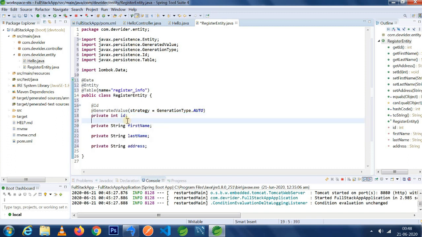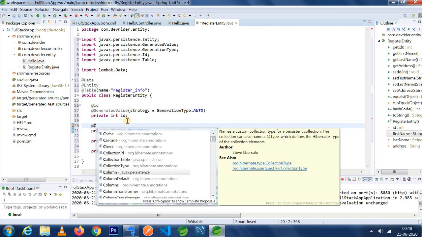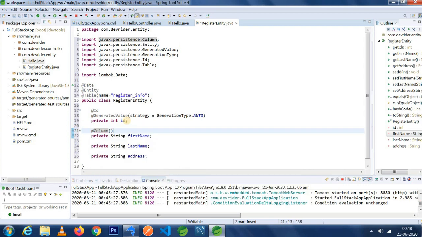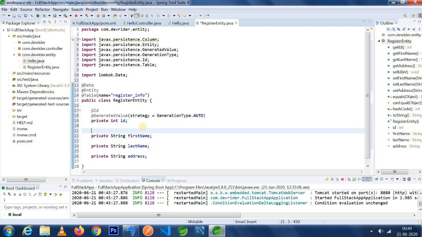You can also change your column name using an annotation. The annotation name is @Column. Same as the table annotation, you can maintain your string or use the name. What will happen if you do not mention this annotation? By default it will take in your table first_name, because capital letters or camel case are replaced with an underscore and then a small letter. So I am using @Column